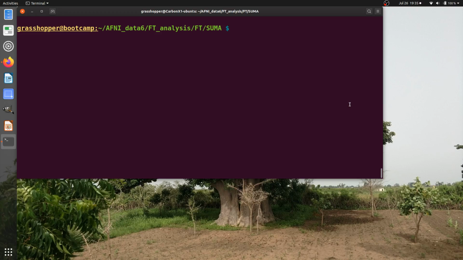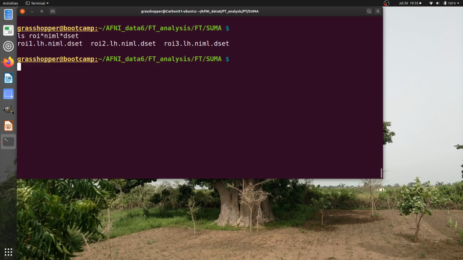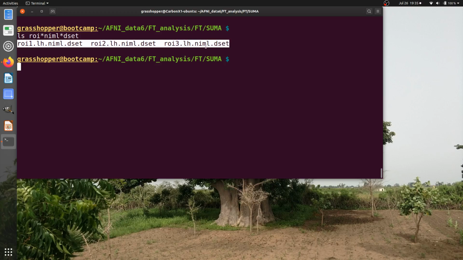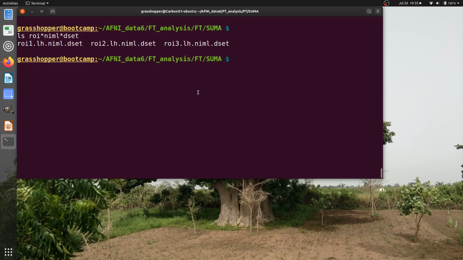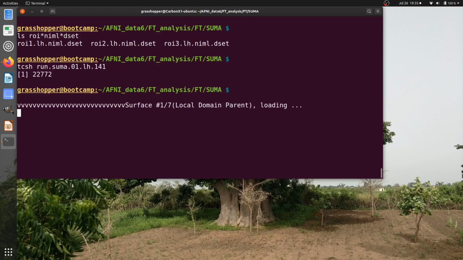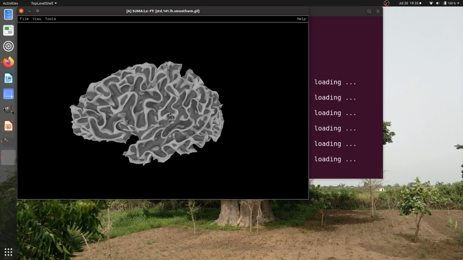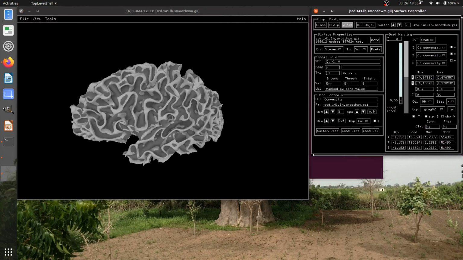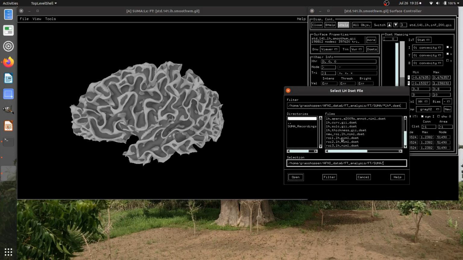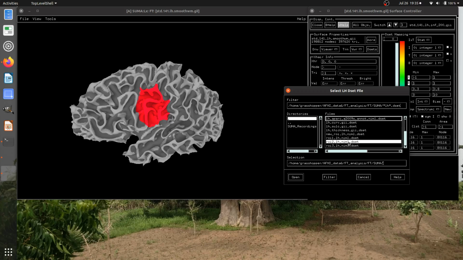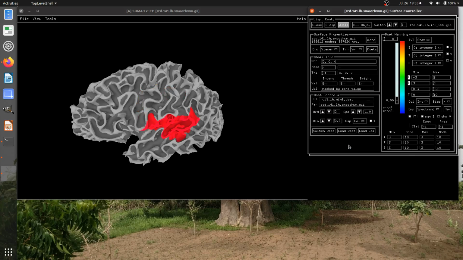So in the previous video, we drew 3 ROIs and we turned them into NIML dsets. They were called ROI 1, 2, and 3. And maybe for the moment, let me just run SUMA just to refresh for someone who might have missed that video. So very quickly, the ROIs that we drew, if I load them, load dataset ROI 1, ROI 2, ROI 3,